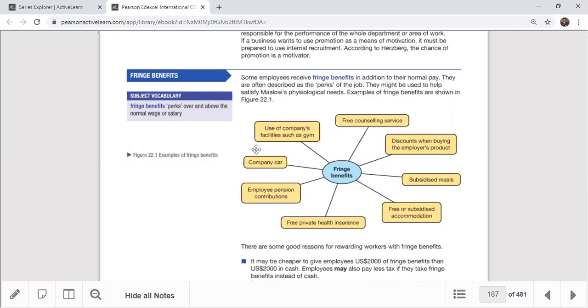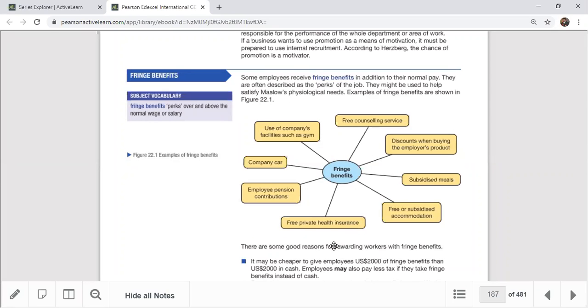You can't actually directly say this is financial or non-financial, because it depends on the organization. This fringe benefit, because sometimes there are 9 mark questions: financial motivation and non-financial motivation. For non-financial motivation, we normally have separate types like job enrichment, job rotation, job enlargement. These are the things that we take as non-financial. But here, fringe benefits we are classifying under financial, because if you get free health benefits, the employee gets it free, but at the end the company has to pay something, right?